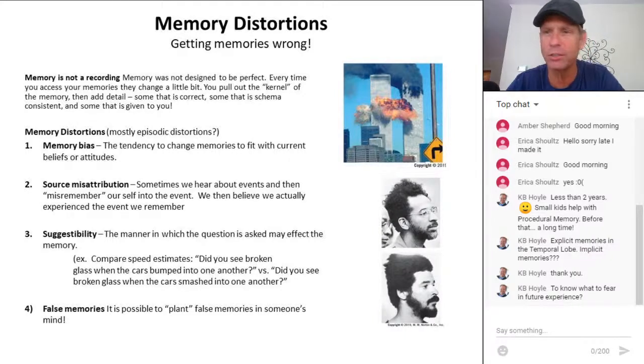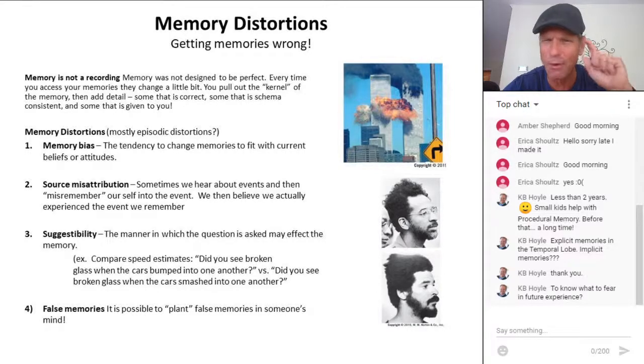So let me ask you a question. Do you remember your 8th birthday party? You might say yes, or 9th birthday party. And I would say, well, tell me all about that party. And you might say, well, there was a cake, there were balloons, there were presents. Maybe you just remember the kernel of the memory, and all of these other details are just schema consistent things that should have been at a birthday party. Maybe we'll talk to your mom or dad and they'll say, wow, we didn't have the money for a birthday cake, so there was no birthday cake when you were 8 years old.